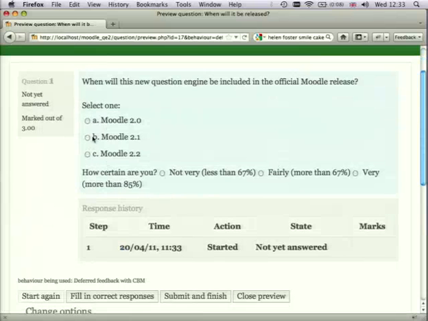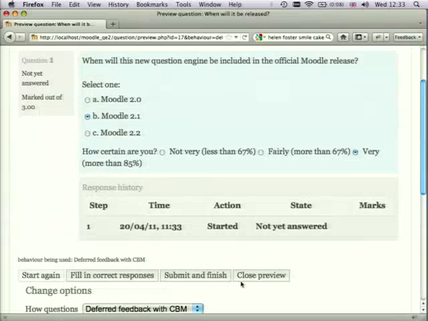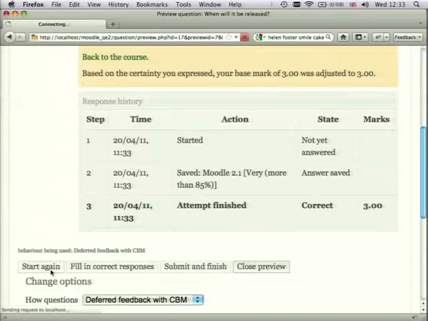You have to get the question right, and you have to be very sure you're right. Oops, where's submit? But the risk there is if you,